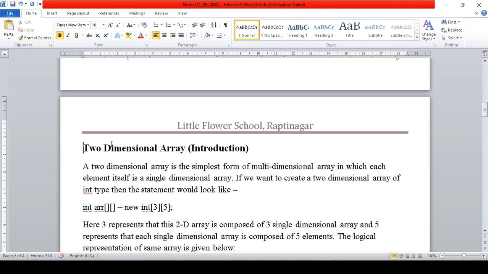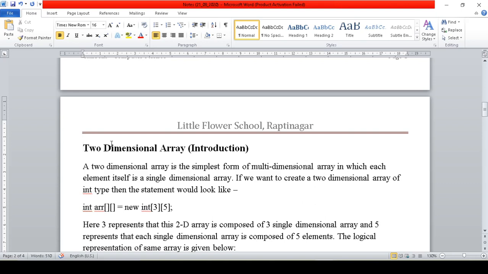A two-dimensional array is the simplest form of multi-dimensional array. See, we can have single-dimensional or multi-dimensional array. Now in multi-dimensional array, there can be 2-dimension, 3-dimension or 4-dimensional array, and all are allowed in Java. Now the thing is, only 2-dimensional array is part of our syllabus, so we will not work with 3-dimensional or 4-dimensional array. While we are working with multi-dimensional, we will only work with two-dimensional array, which is the simplest form of multi-dimensional array. And what is a 2D array?